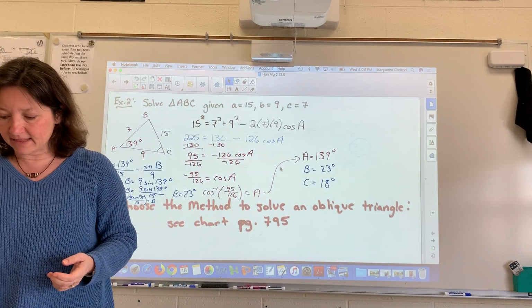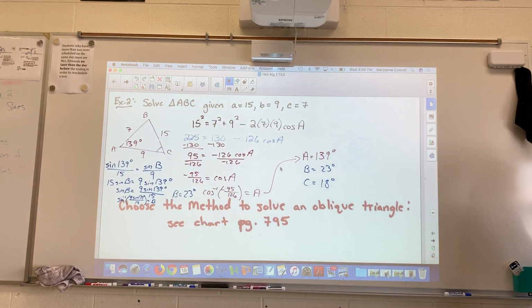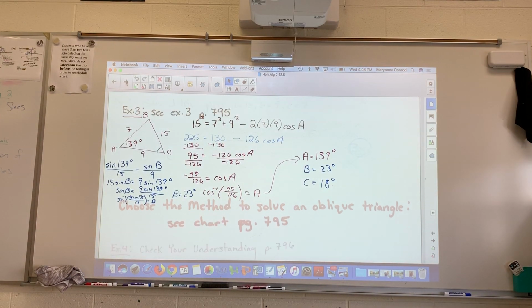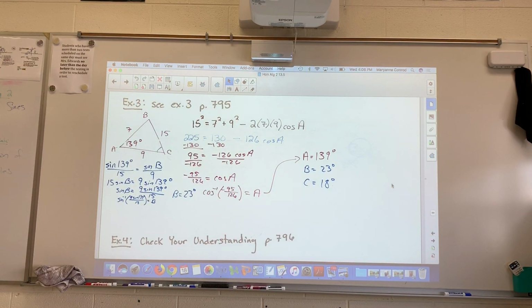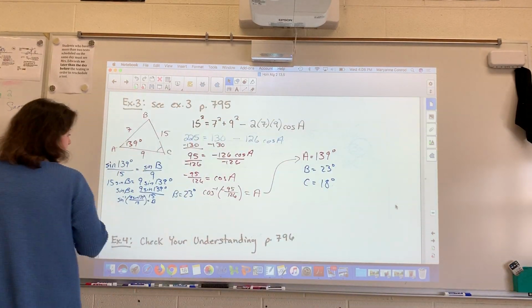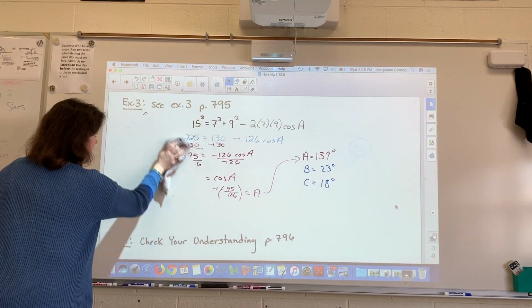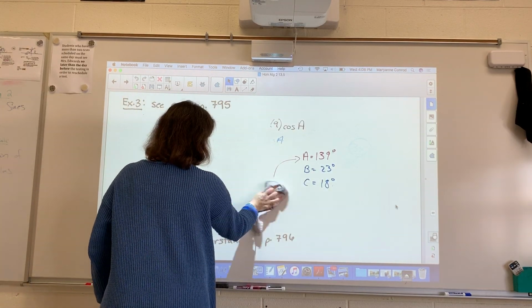So let's look at the word problem example that's in your book. You do need to look in your book. I hope you've had your book with you. You should have your book with you during all of these recorded lessons. So let's look and see